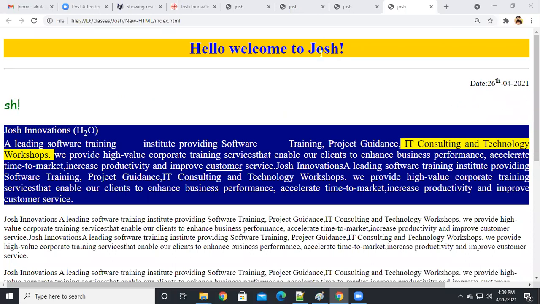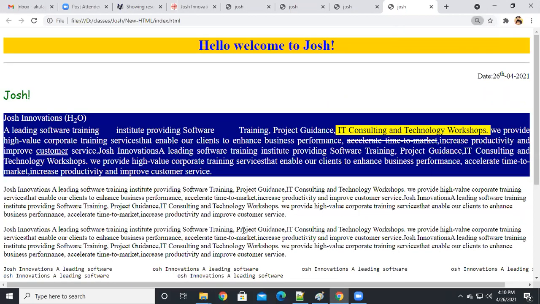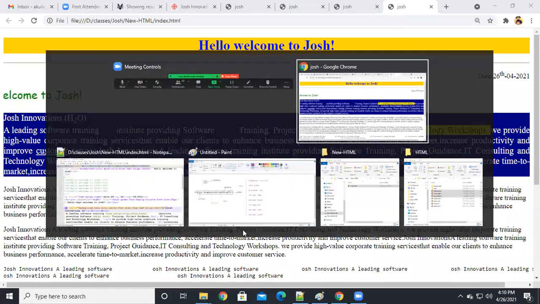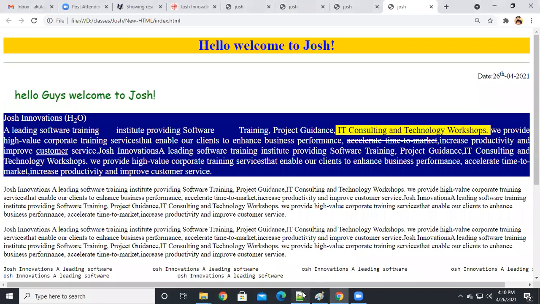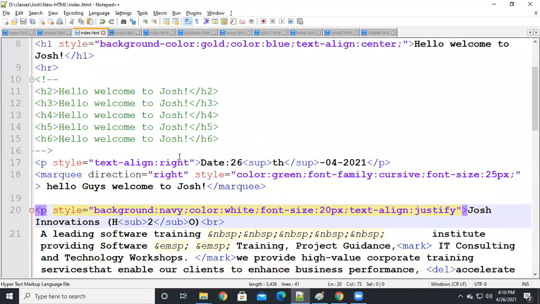Vamshi, I will show you. You want a light color, right? Yeah, I will show you. But Vamshi, I think you are giving a space between the light and blue. That's why you are not getting it. See, I will show you. Suppose this marquee only.